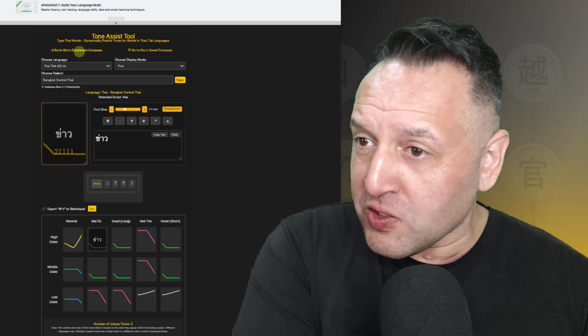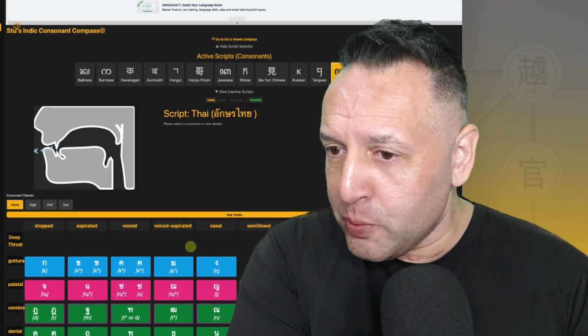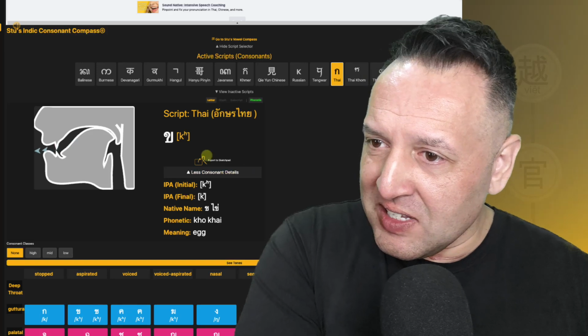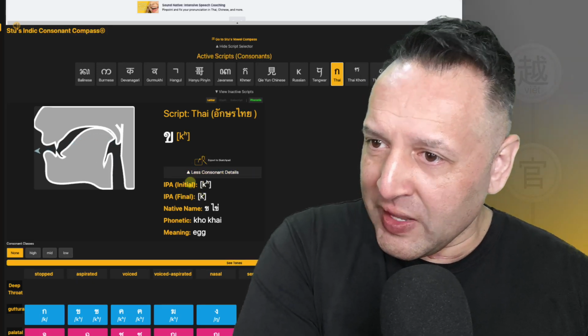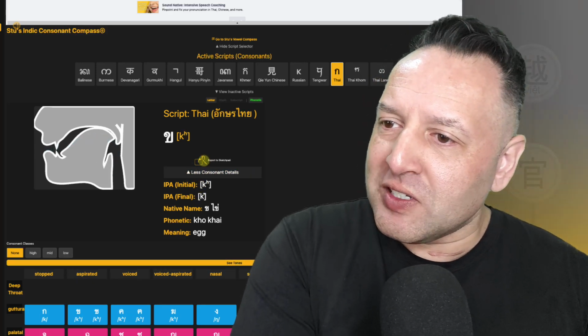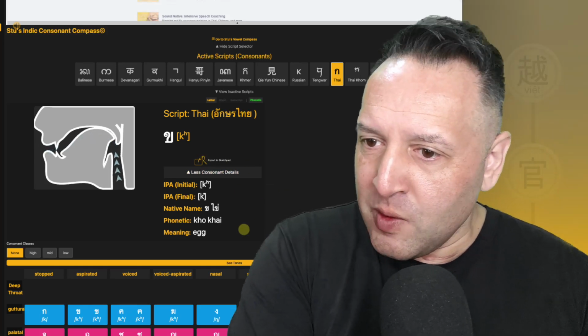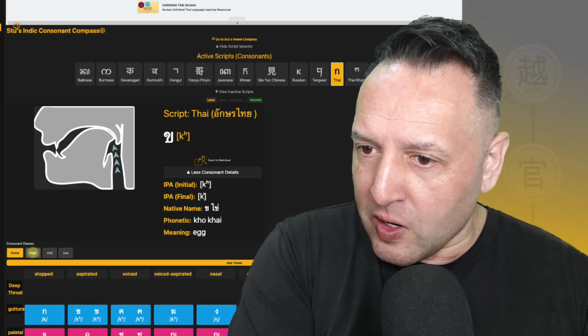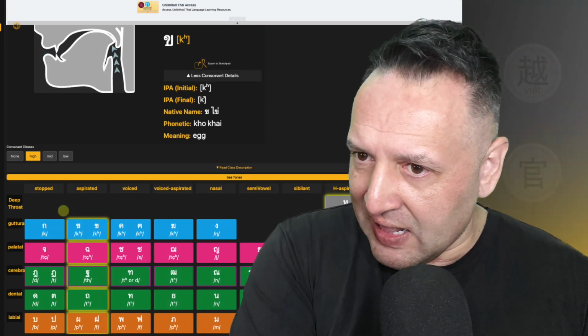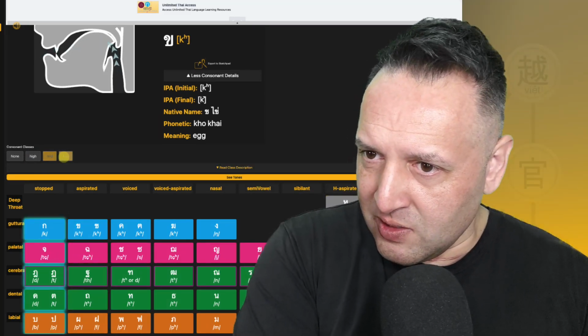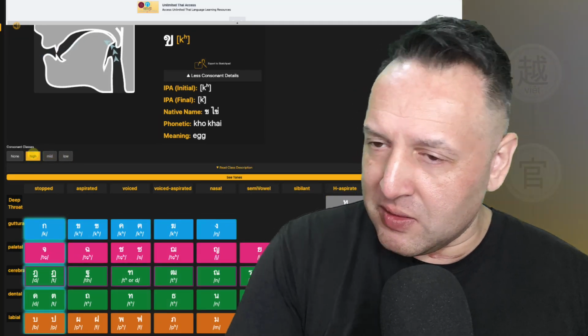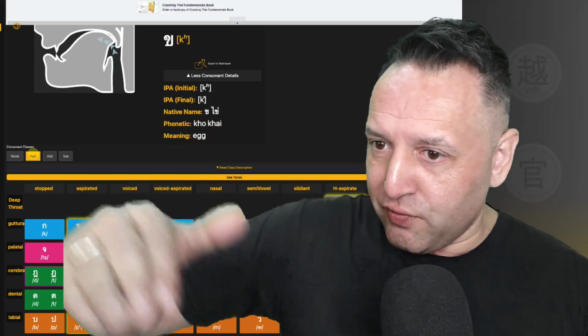It says open the consonant compass. So if I open my consonant compass and I see this kai letter here, and again, you can actually open this and practice writing if you want, because this is all linked to that same sketchpad. But you can see that kai are in these high class. So these are your classes. That's what those 3 words mean back there when you have the 3 different rows.